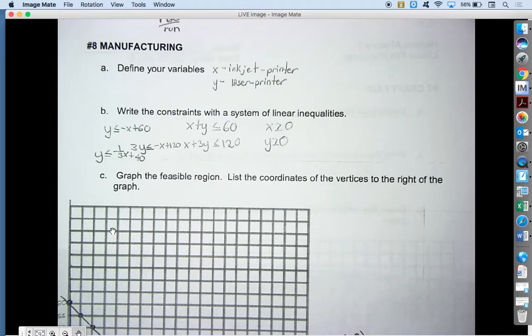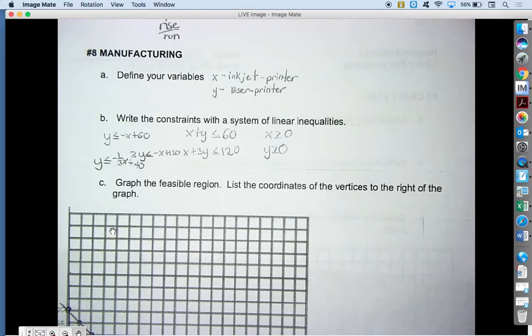Then I have X is greater than 0 and Y is greater than 0, because you want it to be a positive graph, in that first quadrant. First I mixed that up, sorry. My other inequality is,